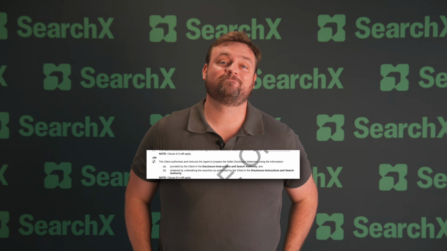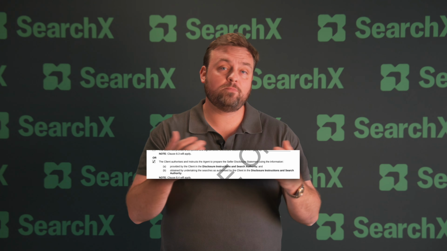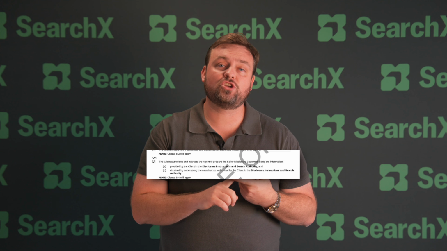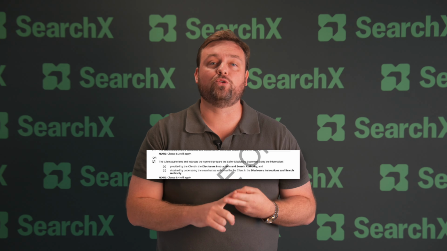In the alternate, if you tick this second box, you can be authorised and instructed to conduct searches and complete the Form 2 on behalf of your vendor. Below that, you can also be authorised to sign the Form 2 on behalf of the vendor, though we wouldn't recommend that. If this is the method you pursue, you as the agent must then complete pages 10, 11, 12,